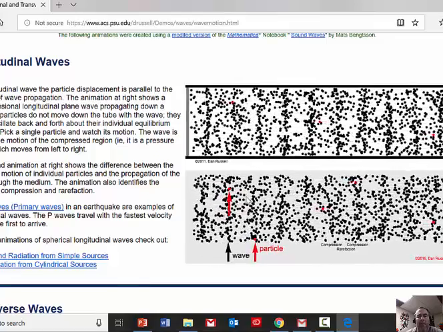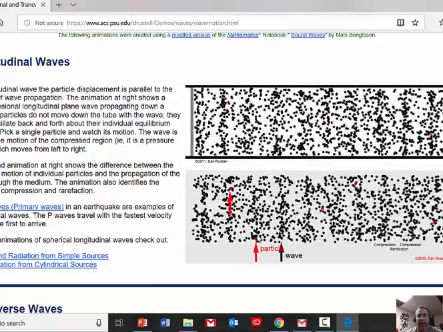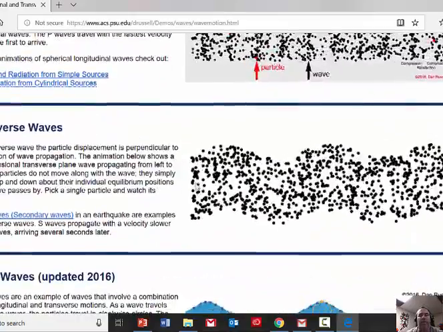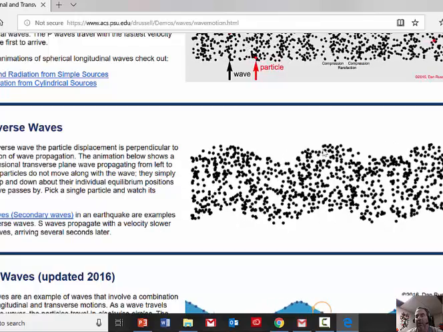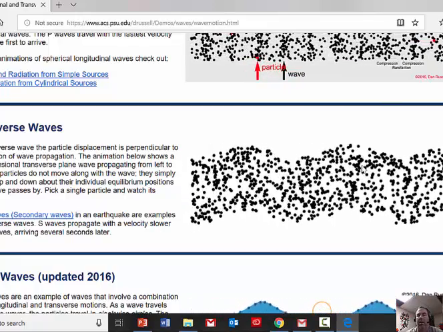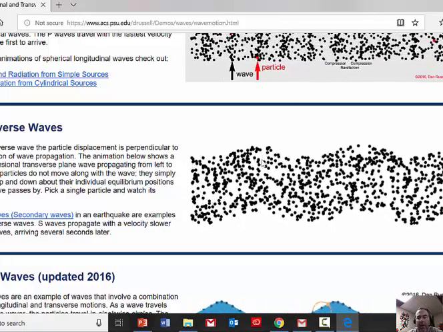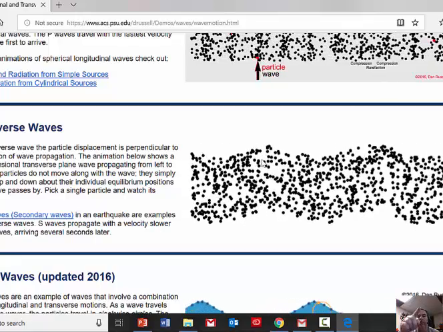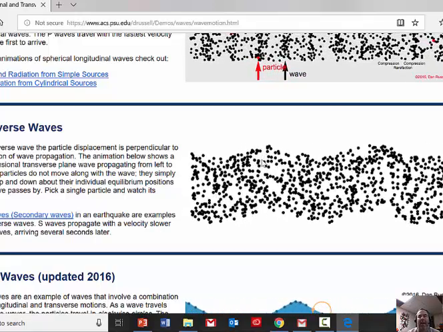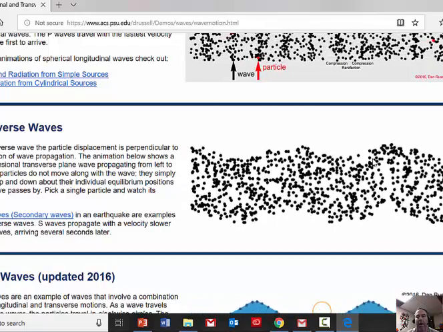So this is moving parallel, and look at the wave. Here it goes from left to right. On a transverse wave, here's this crest. This top part looks like it's going all the way along that top. But pick an individual particle. All it seems to be doing is going up and down, but the wave itself appears to be moving left to right.